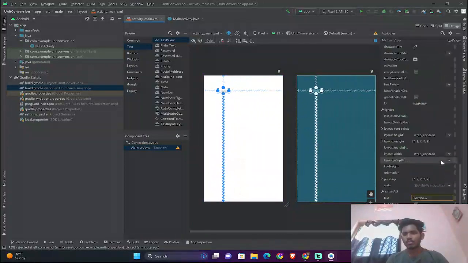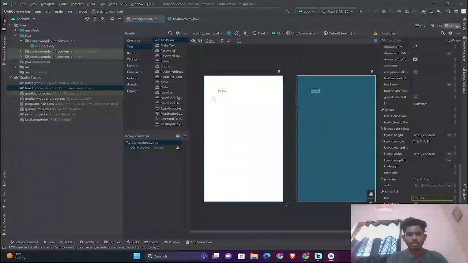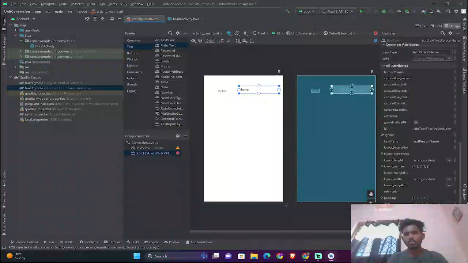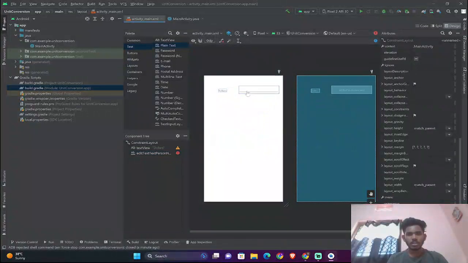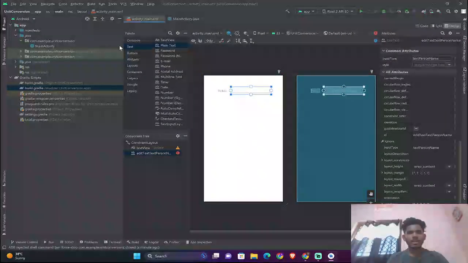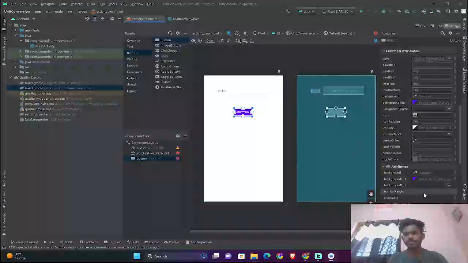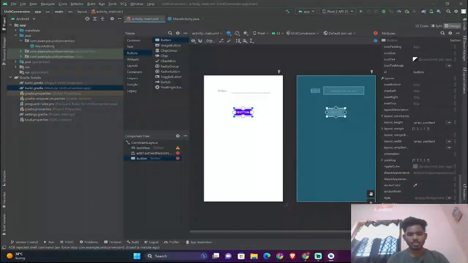We will give it the name Dollars, so it will indicate that, and we will add an edit text here so we can enter our value. It will be empty. In dollars we are giving an input in this text box, and we will add one button and name it Convert.